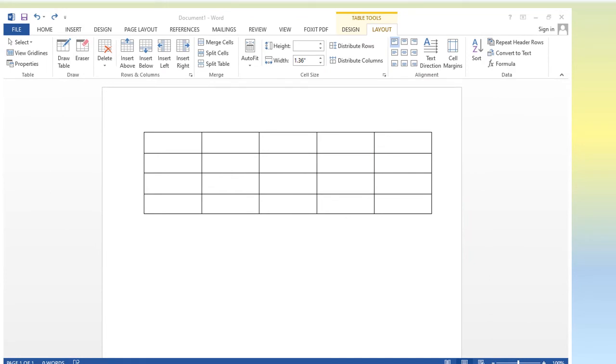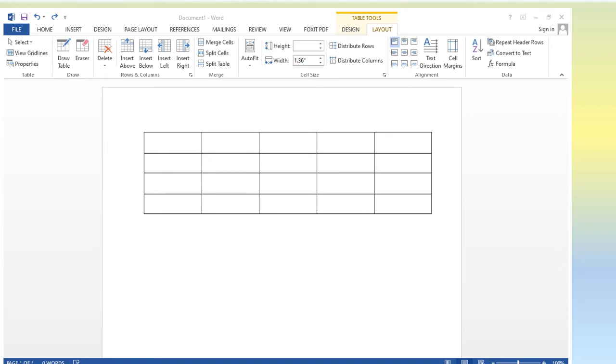Okay, first of all you will select the cell in which you want to set the alignment. Then you have to click here, choose Layout. Here the Layout tab is selected. You can see it is on the rightmost side. Then just below the Layout tab you will get the Alignment group, and you can select according to your requirement.